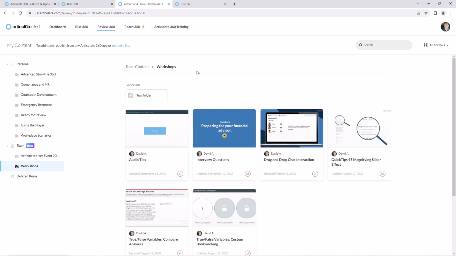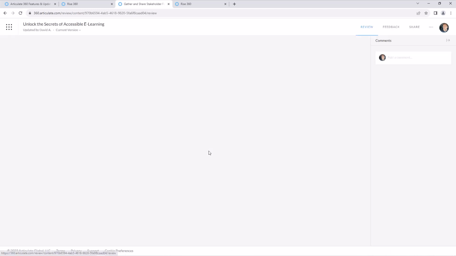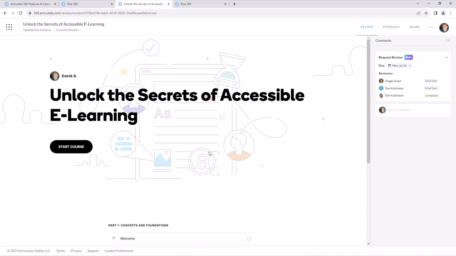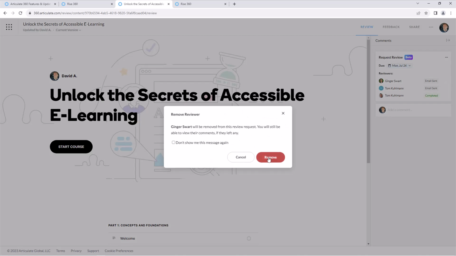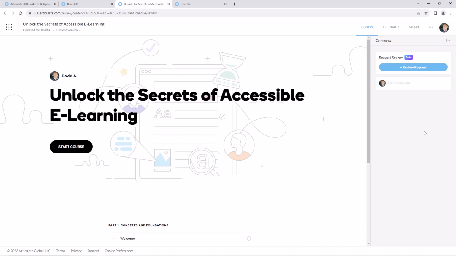All right. So with that, there are team folders, and let's look at the request for review option. I'm going to go back up here to personal. We also have the option to send out our projects for review, which we've been able to do for a long time, but now we can specifically request feedback from one or more users. And you can see over here in the top right, I've requested, this is a little bit older project, but I requested review. Let's delete these, remove these, and we can start this from scratch here. Cancel request.